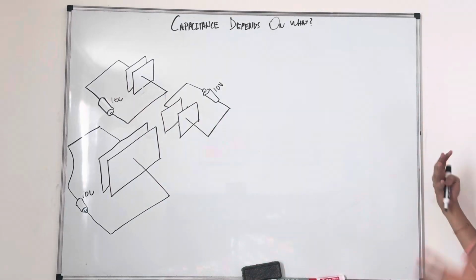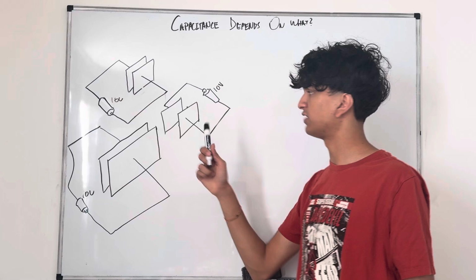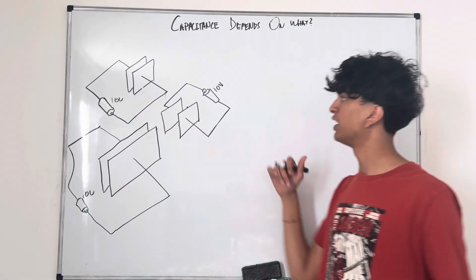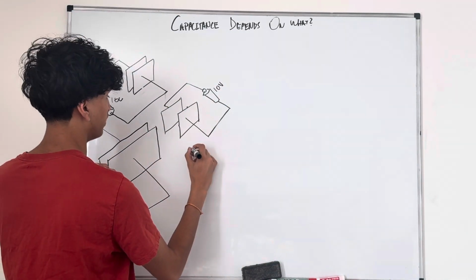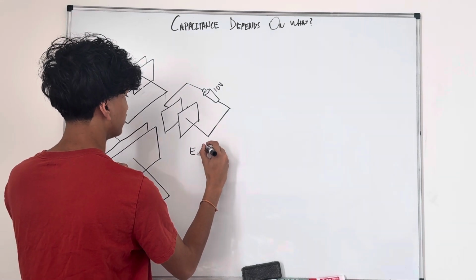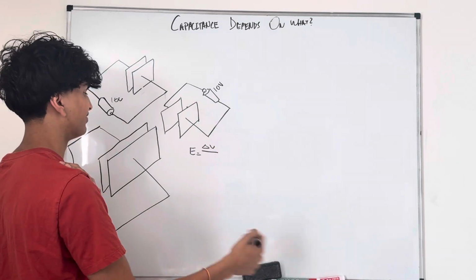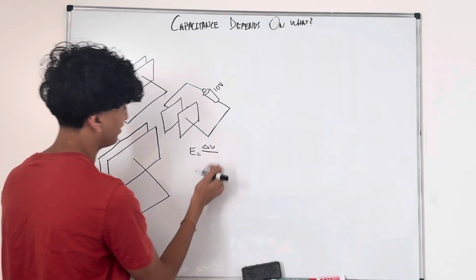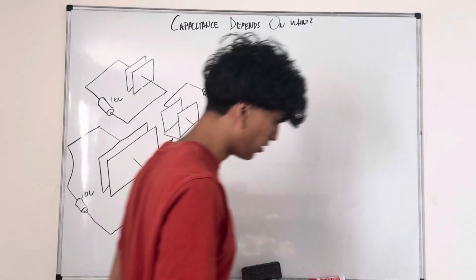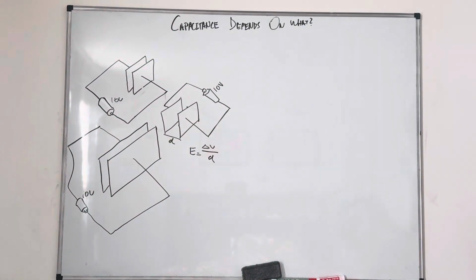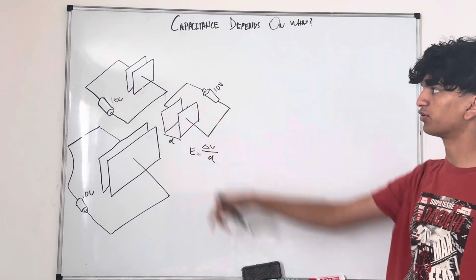For this one, you've got to think about the electric field and the voltage. In both cases, they have the same voltage, right? Because we're going apples to apples. Same voltage, and we know that the electric field between parallel plates is equal to the potential difference over the distance. So if this is D, and we have the same voltage difference, because it's 10 volts for both cases,